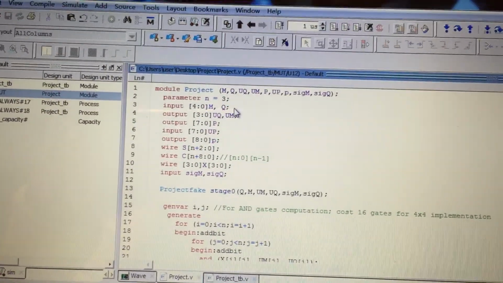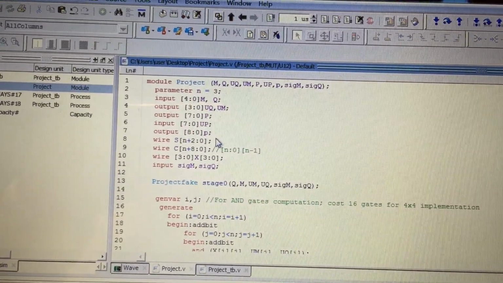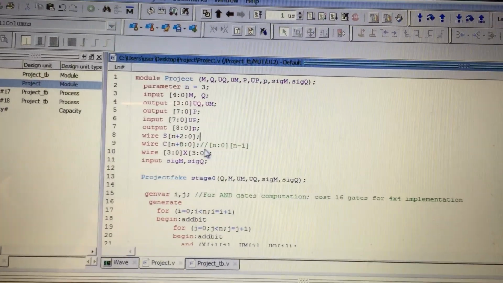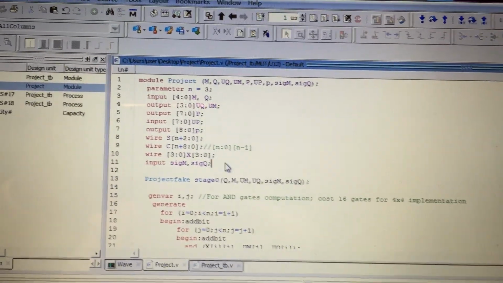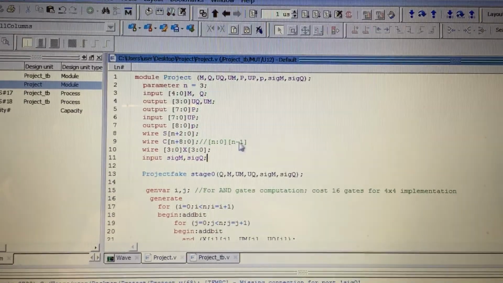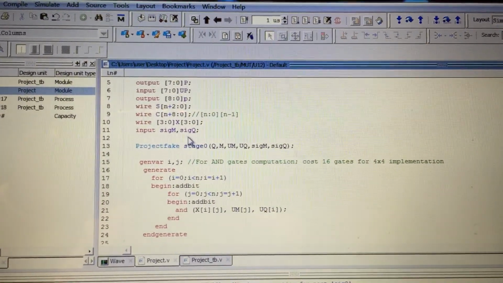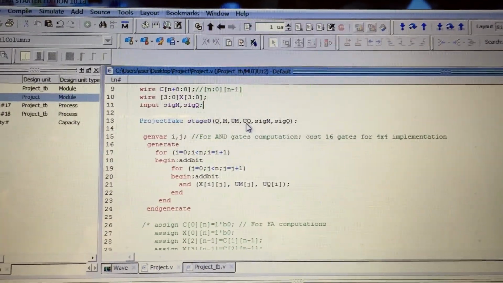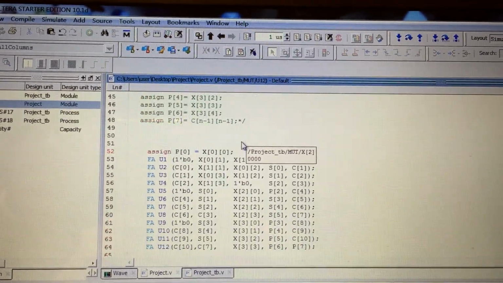These are the input magnitude, the output magnitude, the final output, and the wires. And this is the row called X. This is the input M and Q, and we also have the input sign of M and Q. And here we first call the function